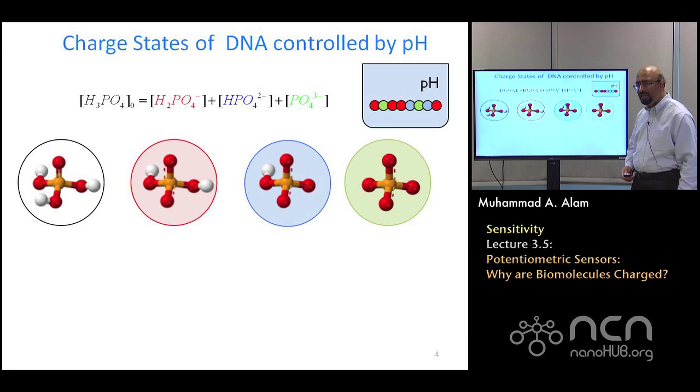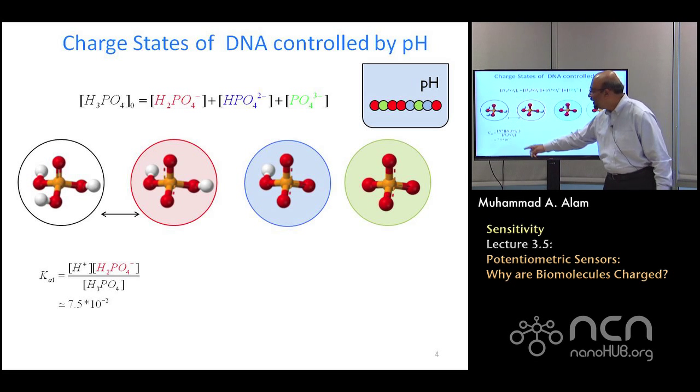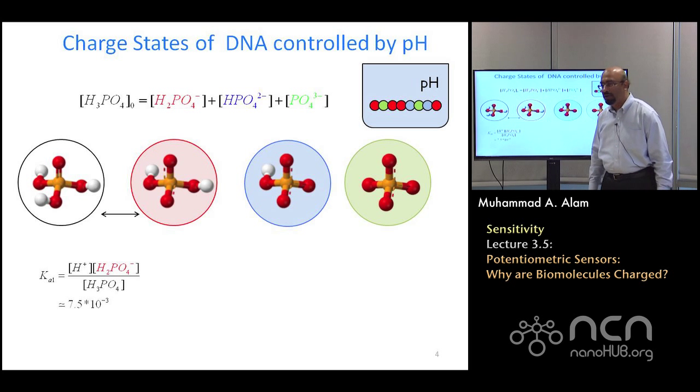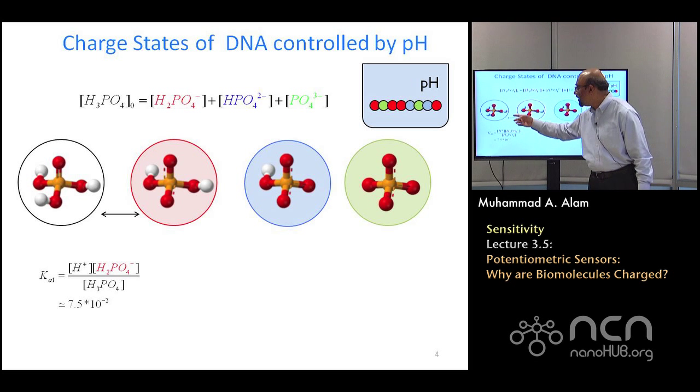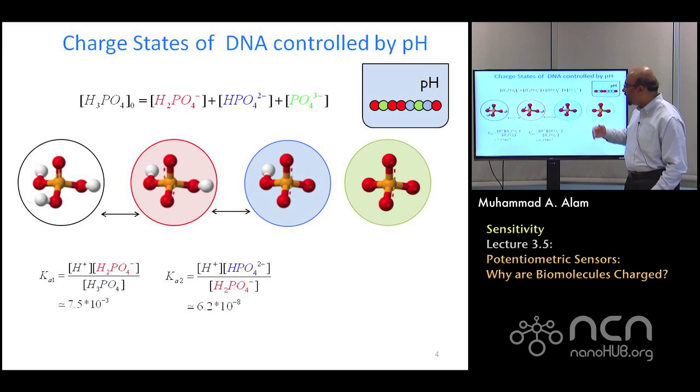How do I calculate the relative proportion? Because remember, overall, that will determine what the charge of a biomolecule is. Once you know the pH of the solution, then everything becomes easy. This is how. Let's think about how it goes from completely neutral to charge 1. These dissociation rates are all known from experiment, and in this case the value is 7.5 times 10 to the power minus 3. That's the dissociation rate, and the dissociation rate going back and forth. What about going from charge 1 to charge 2?